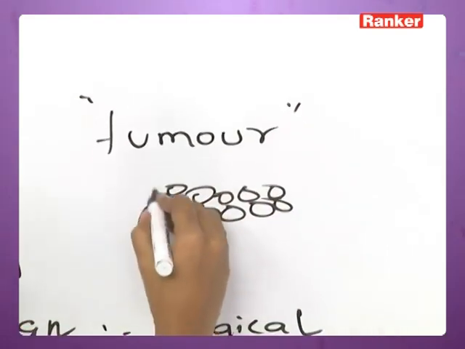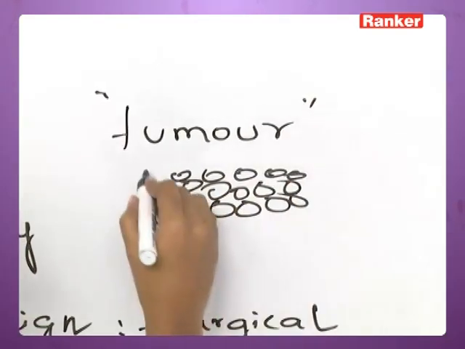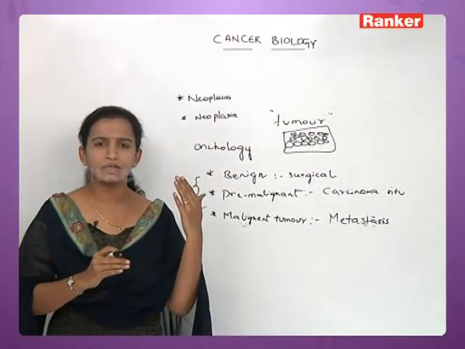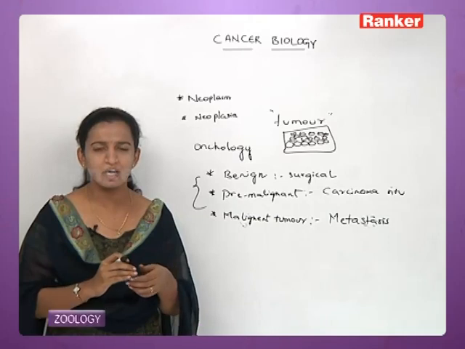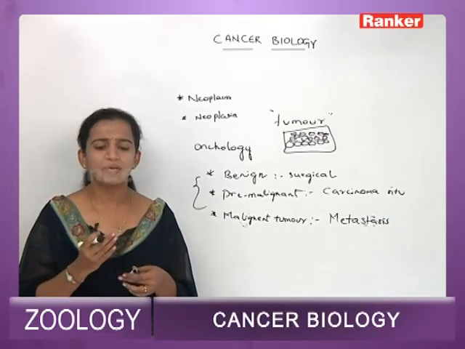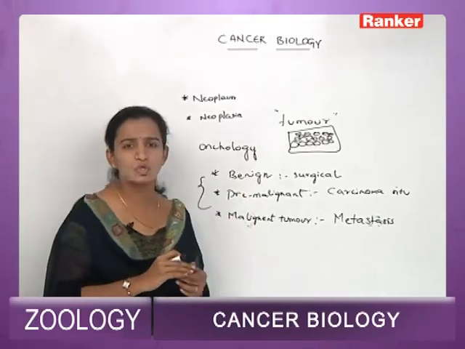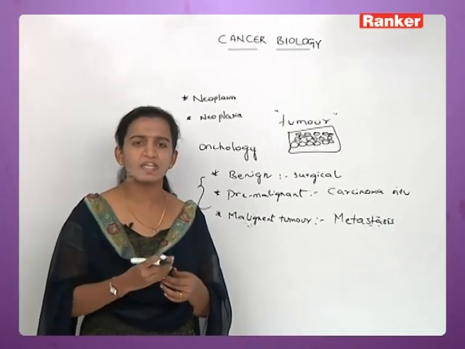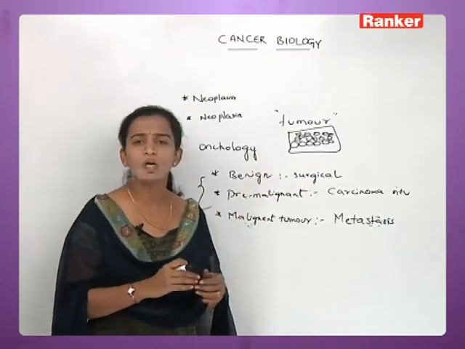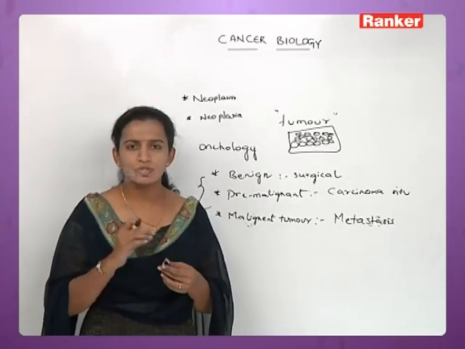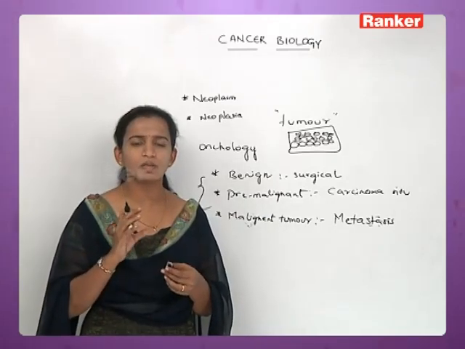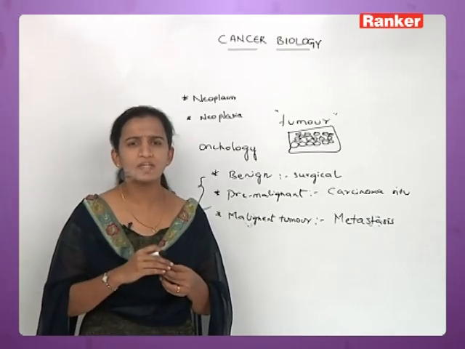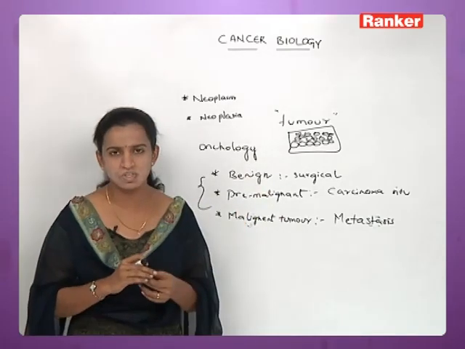Tumor means you can see a bulging sort of thing or a kind of extra growth. Coming to blood cancer or leukemia, what happens there is that blood is not showing you these kinds of tumors. Blood is containing the cancer. Even though blood consists of a cancer, it doesn't show you a tumor sort of structure. So only in blood cancer is the tumor structure not present, but in the rest of the cancers you can see these sort of tumor structures.